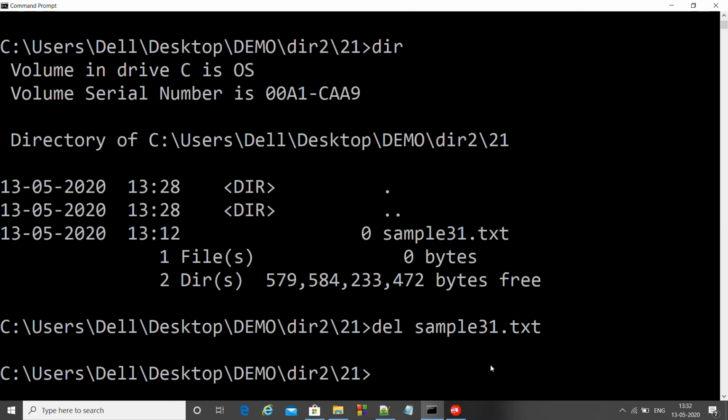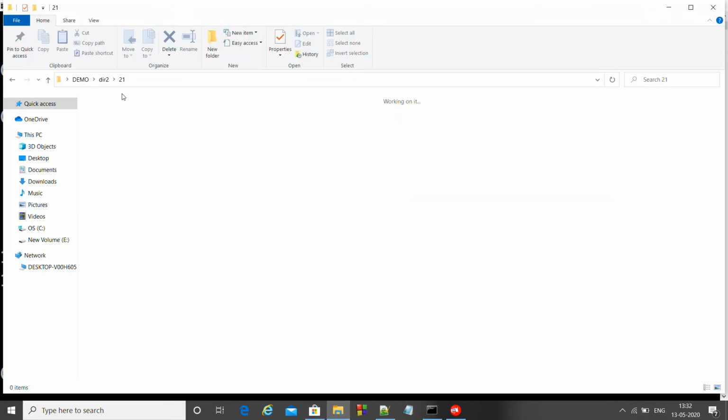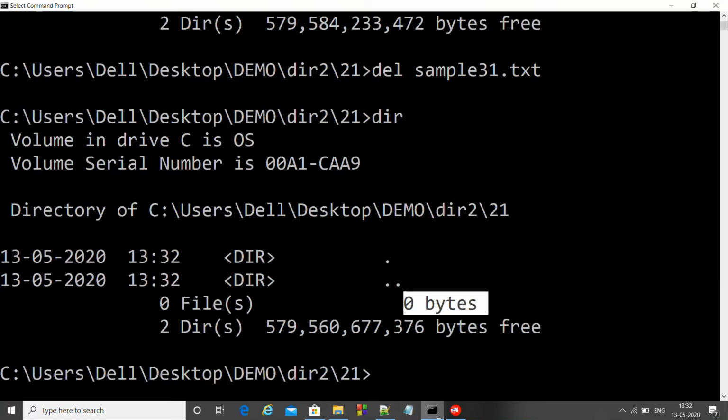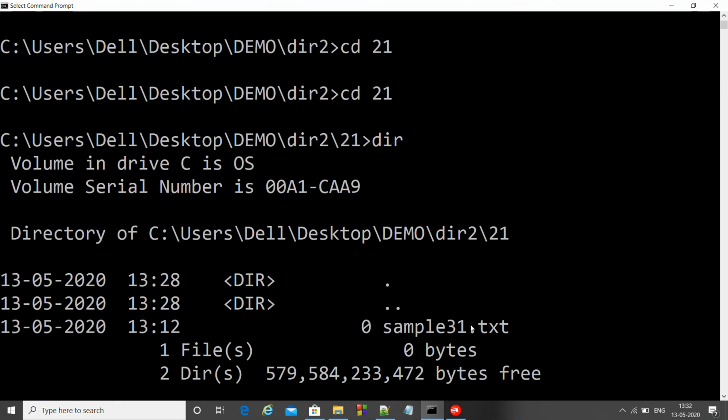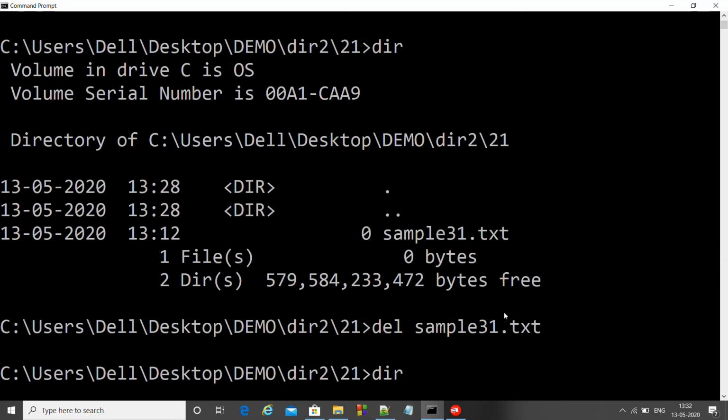If we enter it and then check again, we don't have any files here. Similarly, you can confirm from here also. We don't have any files in your folder. In this way, you can delete files using the delete command, which is del.